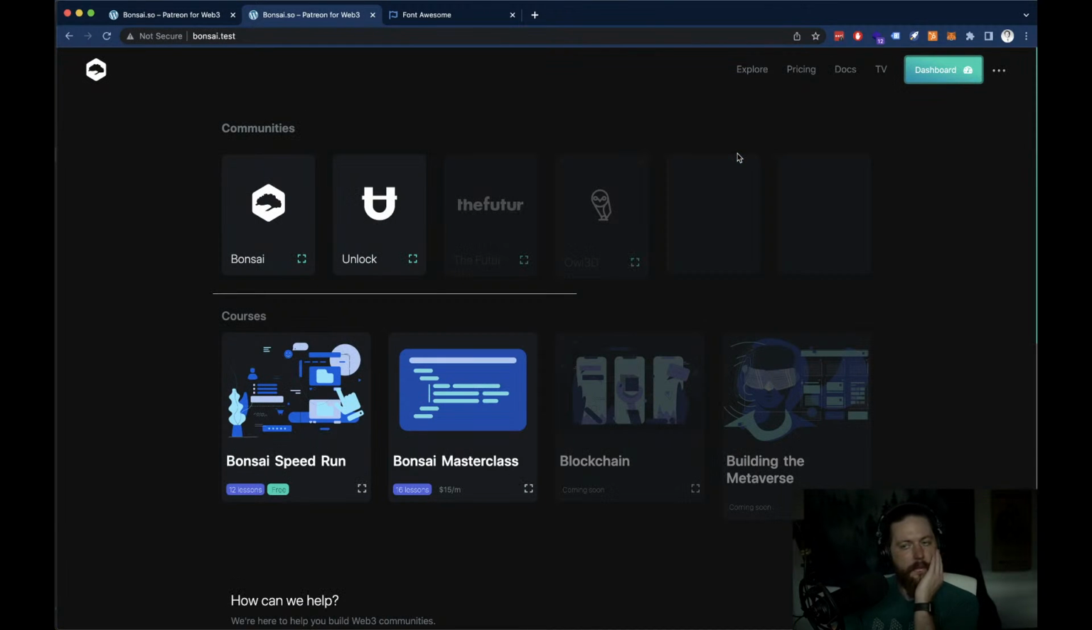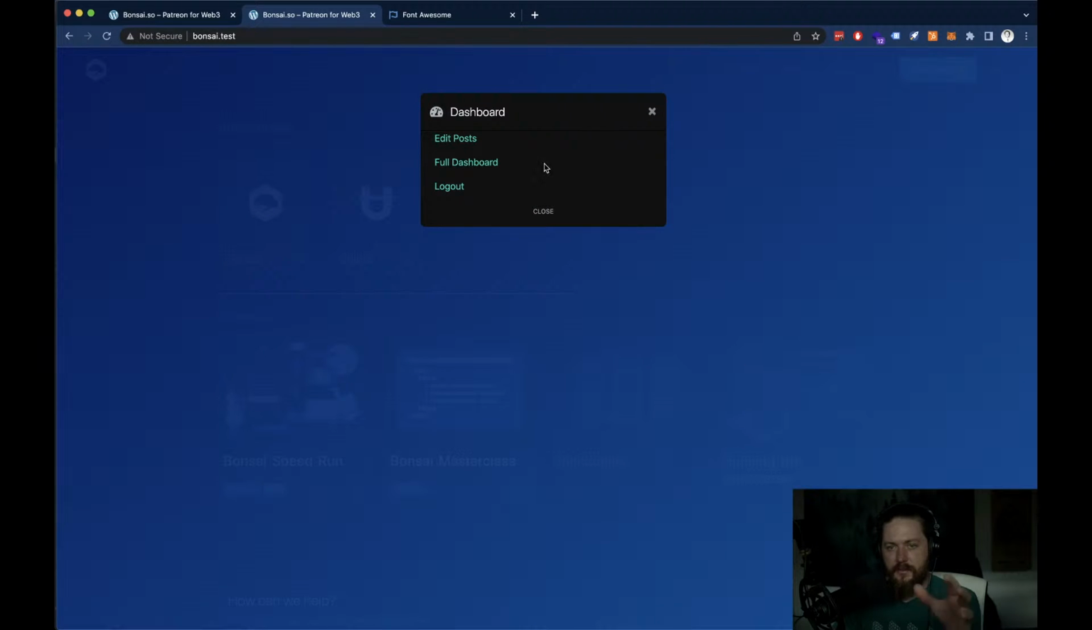Alright, so one other thing I'll probably work on today is, you see this dashboard. This is what I mean by improving the experience. So right now this just links to edit posts, full dashboard, log out. It's really basic. And I want to add some more options to that, something that would take you just to Bonsai settings alone. So if I go to full dashboard,